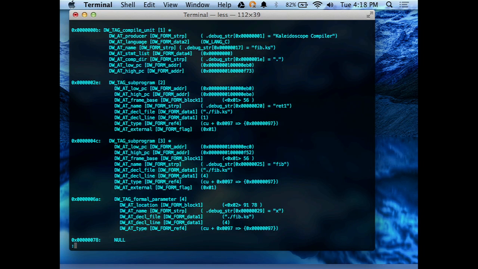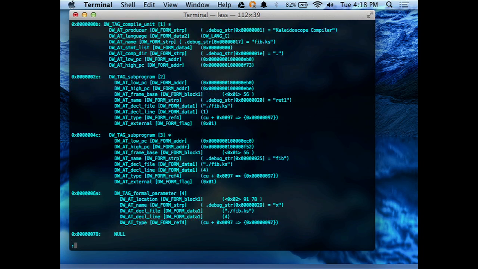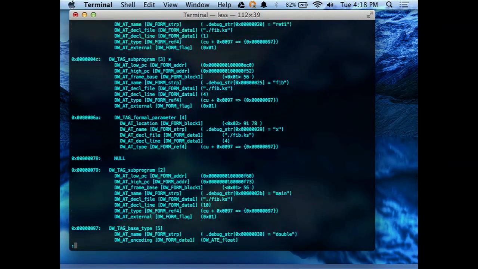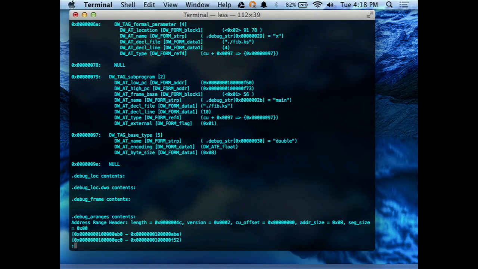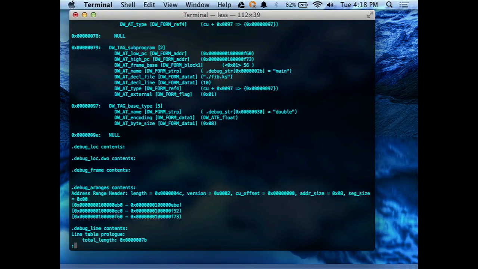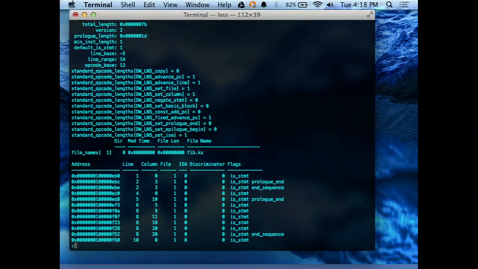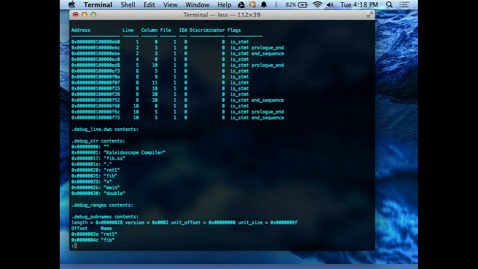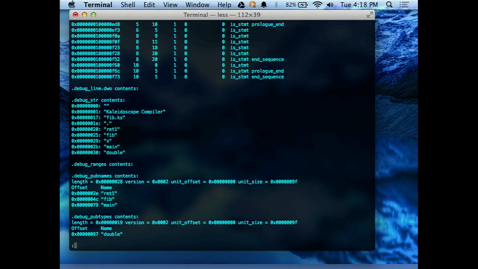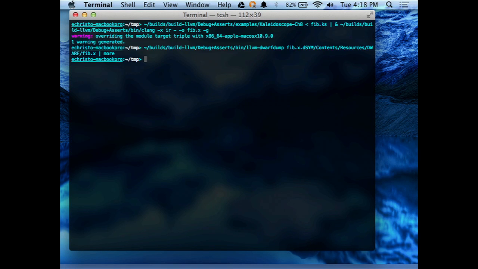But if you walk through it, you can see we've got our compilation dir, our high and low PCs for everything. This is actual, honest debug information, including types and locations and aranges and a full line table and strings and pubnames and pubtypes and everything, right? All the sections we weren't mentioning. Now, if we really wanted to debug it, even using LLDB,